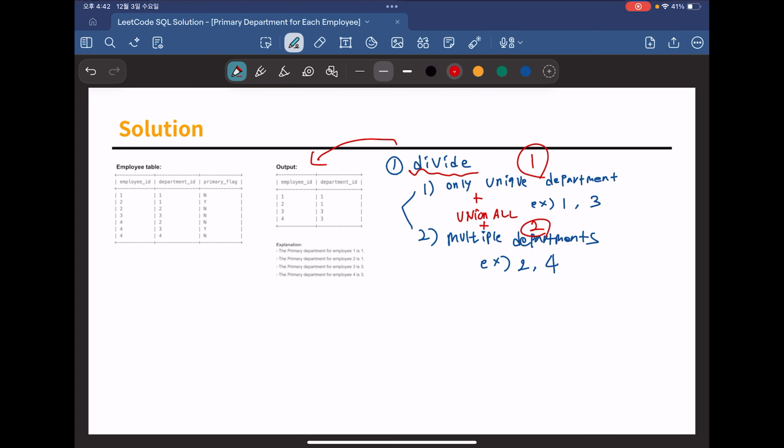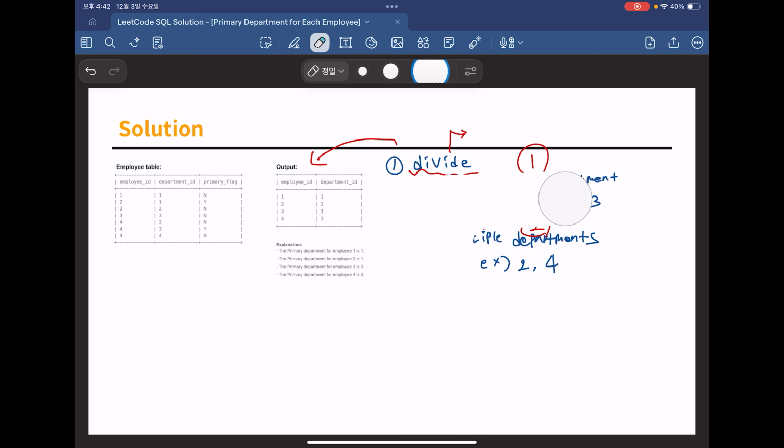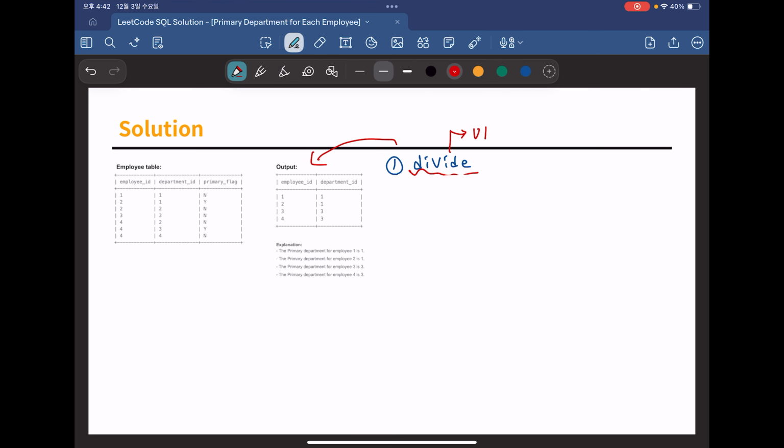So I'm going to use union all, and I'll write it down here. I'm going to erase this first. So the first approach is to divide and use union all. And the second approach and solution I'm going to show you guys: we can also use